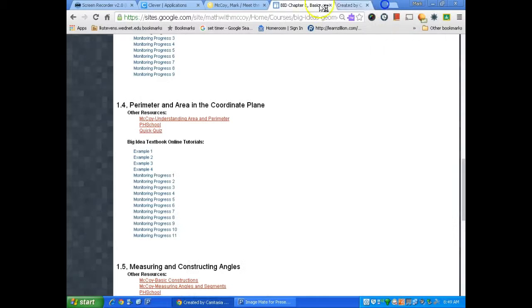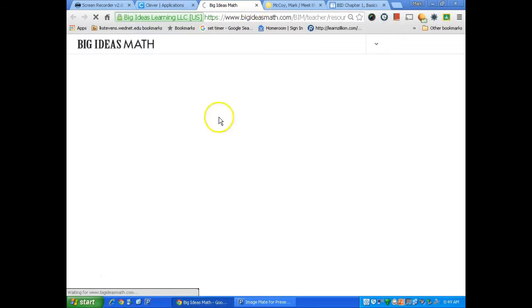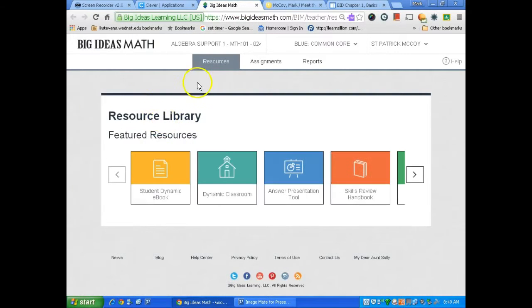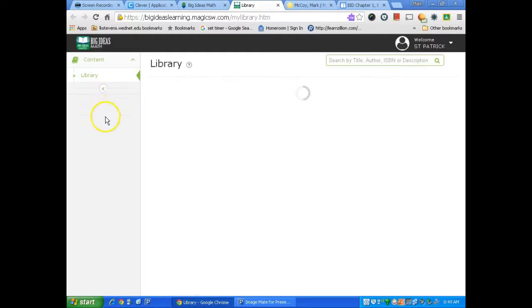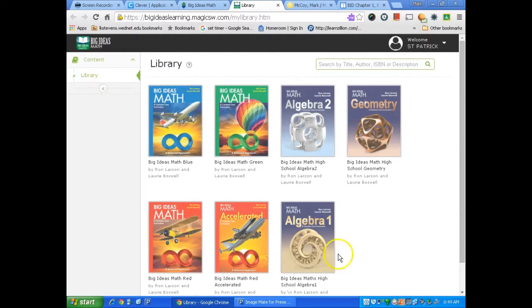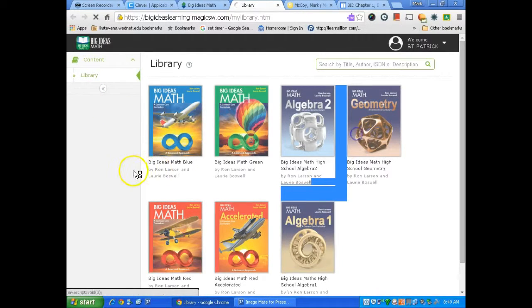It'll be the same thing that you would get once you're into Big Ideas, if you click on dynamic ebook. That's your textbook. If we want to go to section 1.4, which is today's lesson, once you've selected your book,